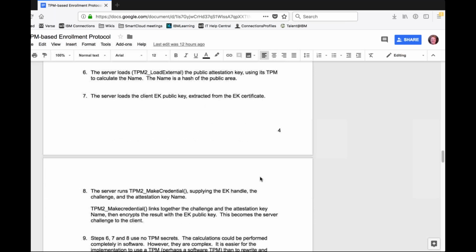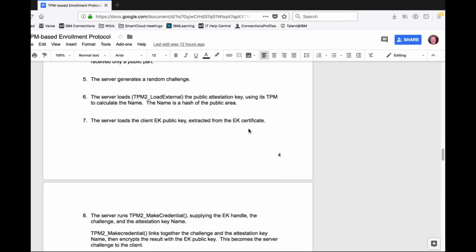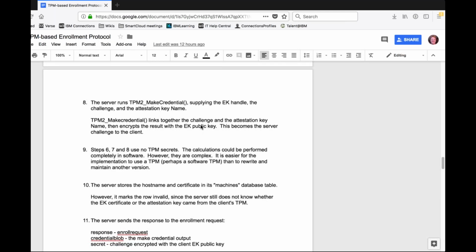All right. So the, hang on, I lost my train of thought. Okay, so it now gets the public attestation key, the one that was sent along with the request, and now the server says, okay, I know which TPM it's supposed to be going to because I have this endorsement key, public key. It pulled it out of the certificate that it's already validated, that it came from a real TPM vendor. And then it runs this TPM2 make credential